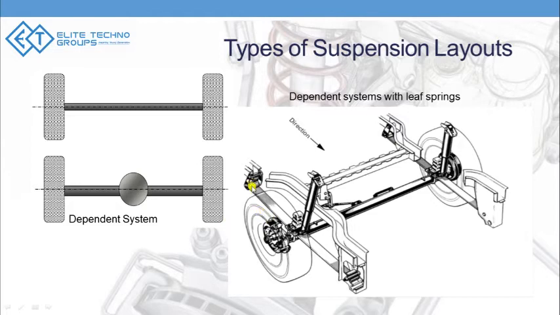This type of suspension you would see when you are driving behind a truck, where there is a differential connected through a solid shaft. Usually the dependent suspension is connected through what we call a leaf spring suspension. So dependent suspension usually has leaf spring suspension. For a better understanding of leaf spring, let's look into the video.